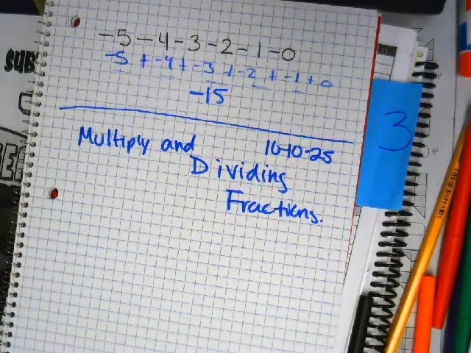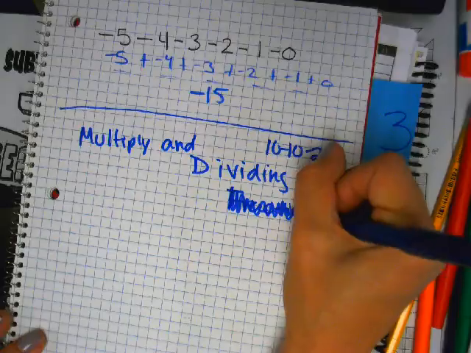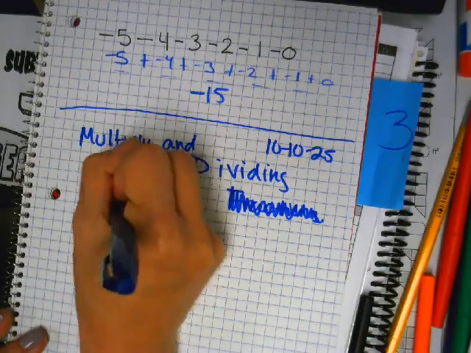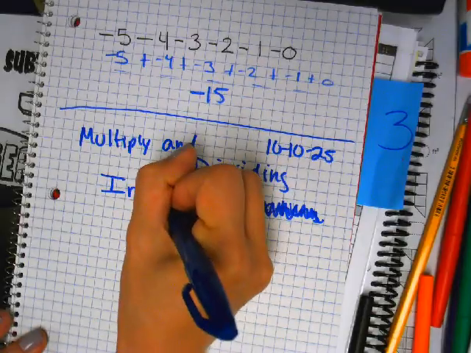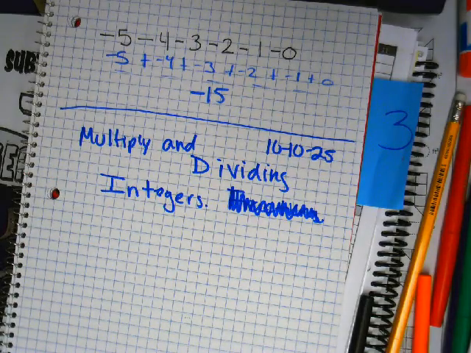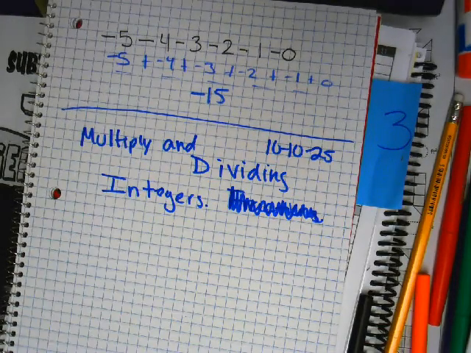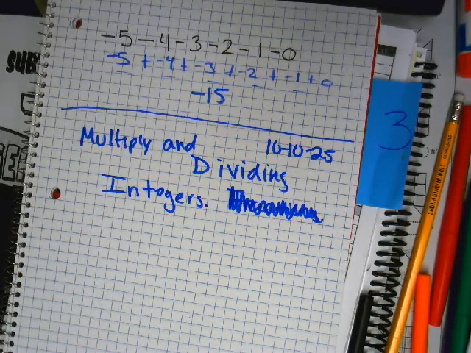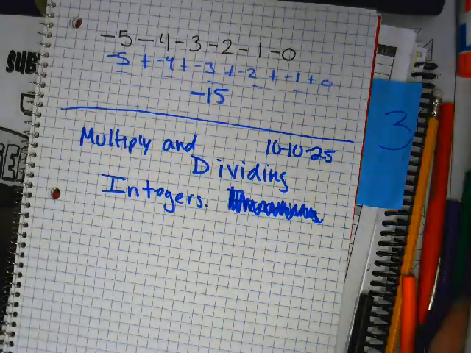Multiplying and dividing, not fractions. What am I talking about? Integers. What do you mean? Integers are just positive and negative numbers. That's it. Alright. Multiply and divide integers. How do you divide? Okay. So for example, if I have